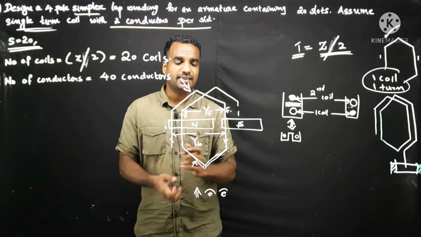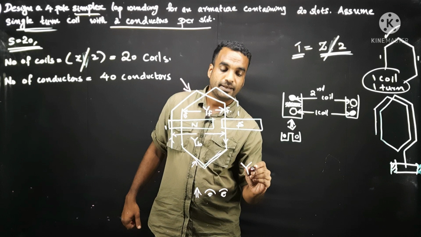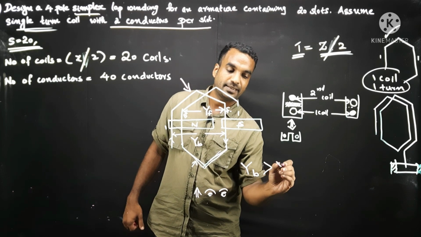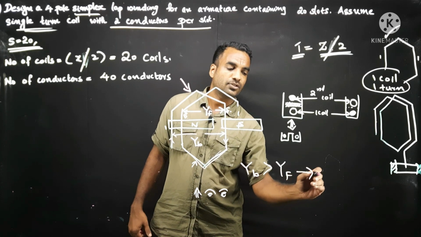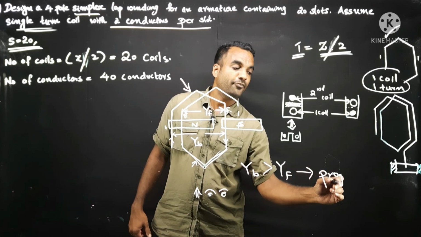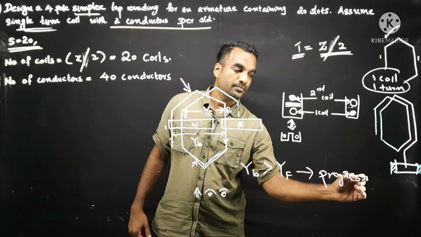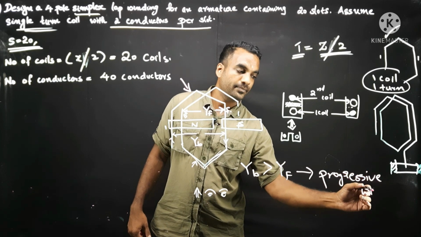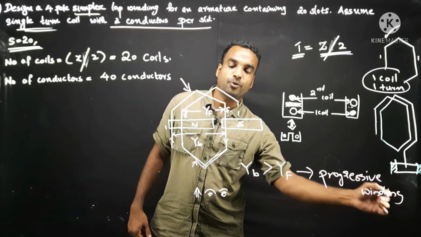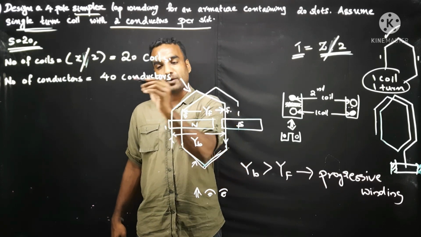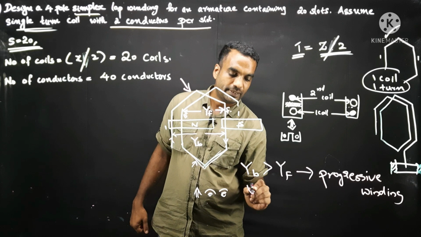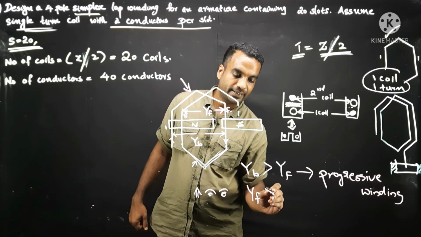From the view you can see that YB is greater than YF. Such a winding is known as progressive winding. There is some other type of winding where you are not drawing like this; you have to draw in the opposite fashion. Then you will get YF greater than YB,